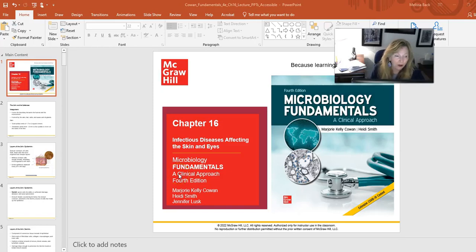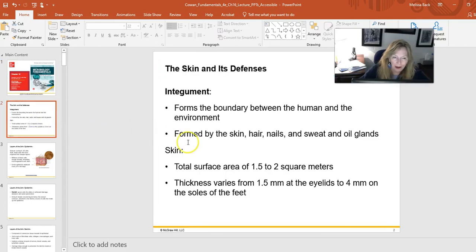Within this lecture, we are going to be discussing infectious diseases that involve the skin and the eyes. The PowerPoint here is from Chapter 16 of your textbook, and we'll go ahead and get started on this now. So when we're thinking about the skin,